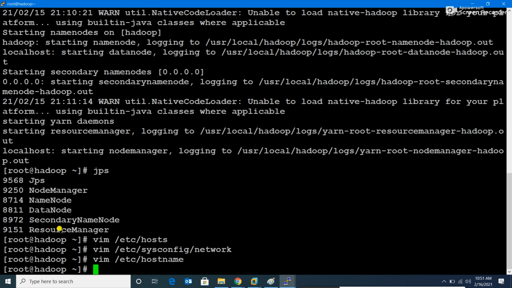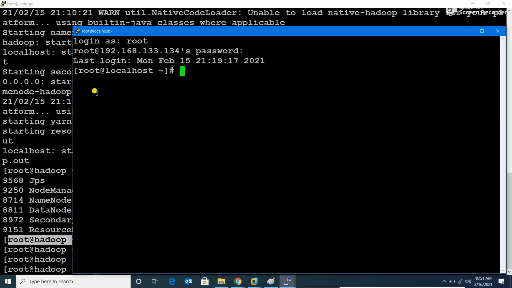You always need to look here, root@hadoop. You'll identify this is my Hadoop machine. So it should get into your minds immediately that whatever I am working on in this terminal will be Hadoop machine's work. Here you can see it is written root@localhost. I'll be changing the host name here and making it slave, so you'll be able to identify this machine as root@slave. That will make it very easy for you to look at the terminal and identify which machine I'm currently working on.